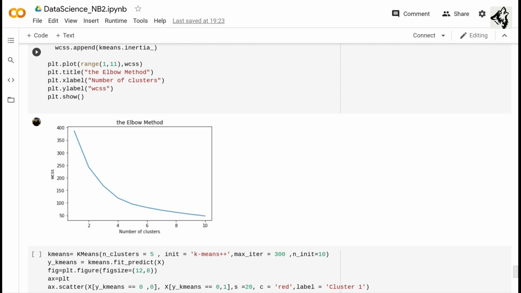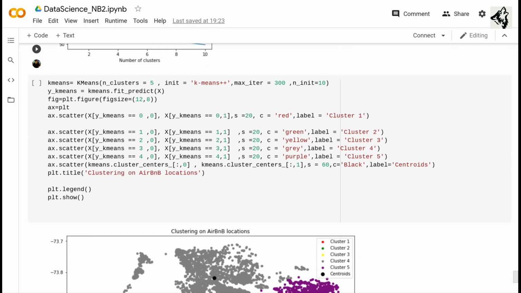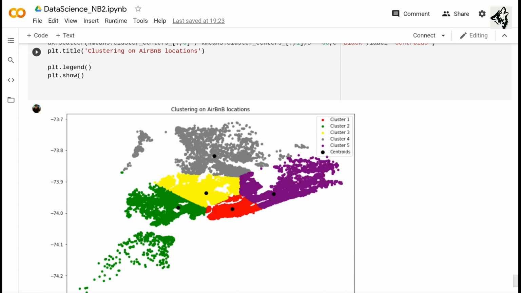And we get the value of k as 5 clusters. And as you can see, we have formed 5 clusters. Here you can see each cluster and its color code. From this, we can understand how many clusters can be formed using the Airbnb listed properties throughout New York.